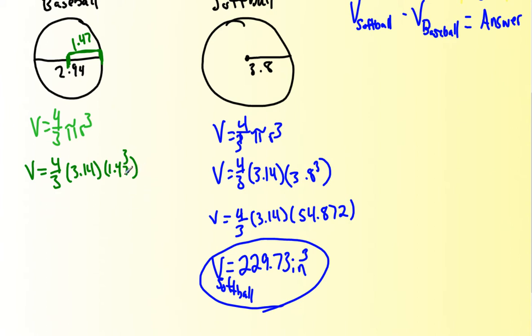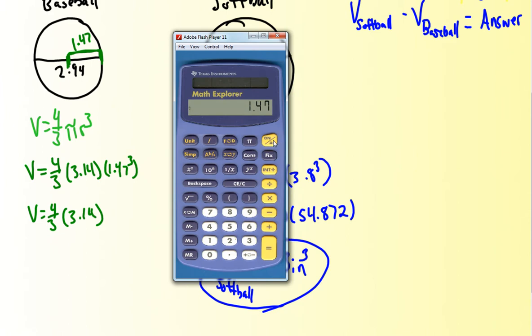And then we're going to cube that. So volume equals 4/3 times 3.14 times by 1.47 cubed. All right, 1.47 times by 1.47 times by 1.47 gives us